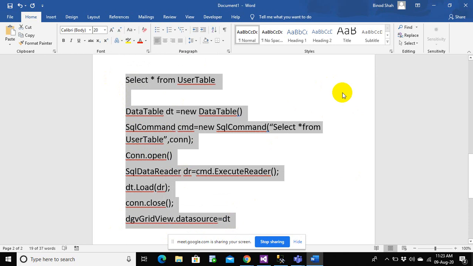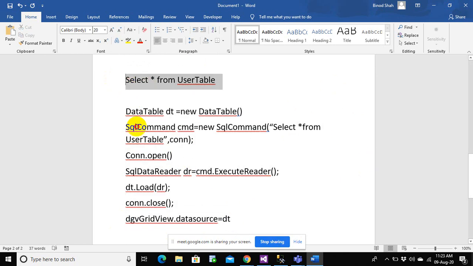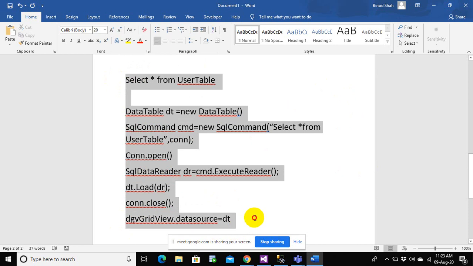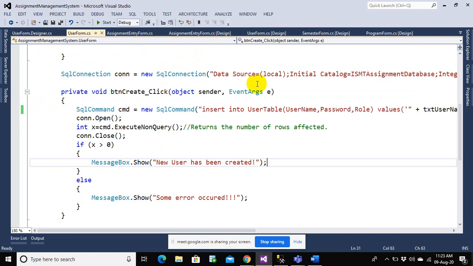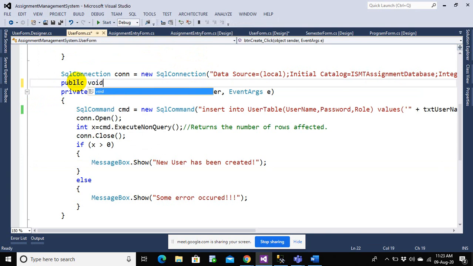So let us try to analyze it using a program. I will repeat it again. It's not really something you can understand the first time, so let us try to understand it in a real program. Let me write a few lines of code and create a function over here. So let me have public void GetUsers.